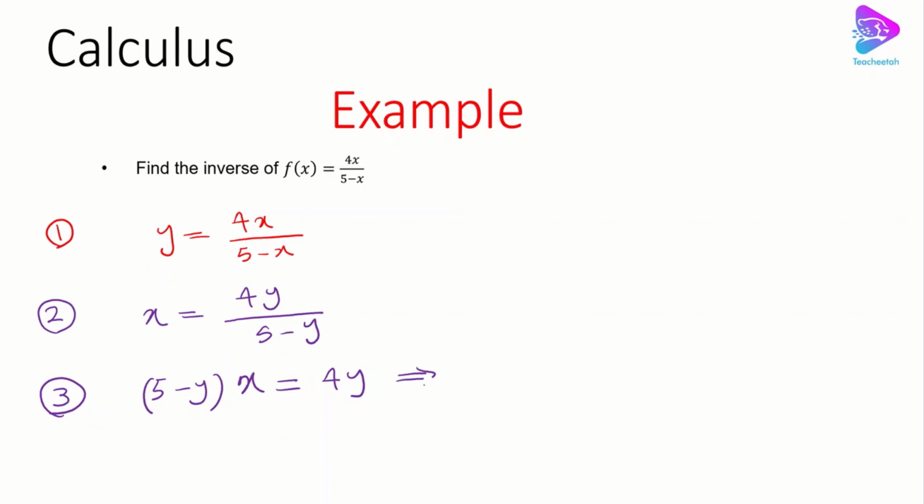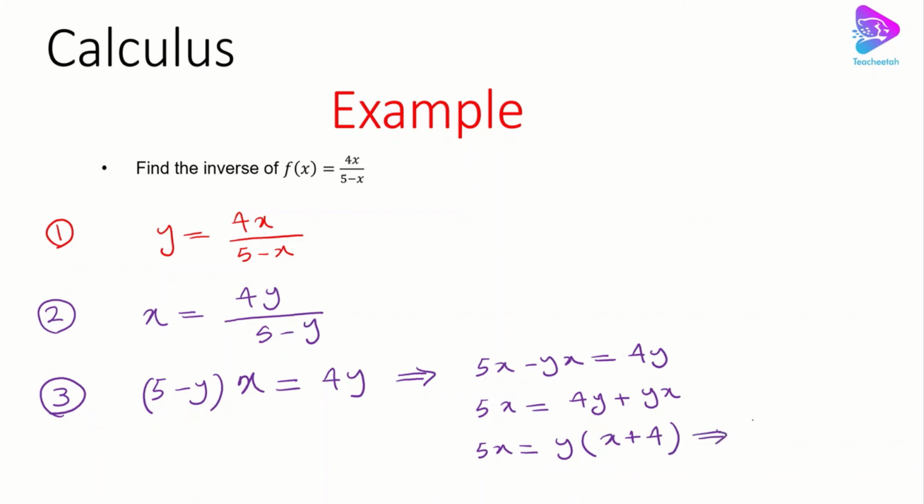and then we can have 5x minus yx equals 4y, and then 5x equals 4y plus yx. We can write it as 5x equals y times (x plus 4), and the final answer in here is going to be y equals 5x over (x plus 4),